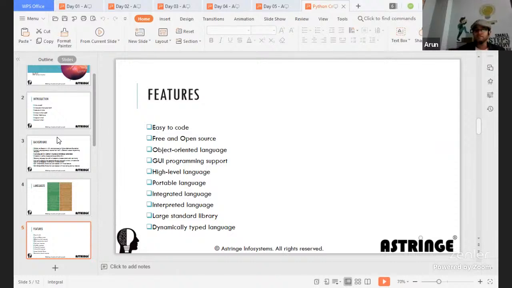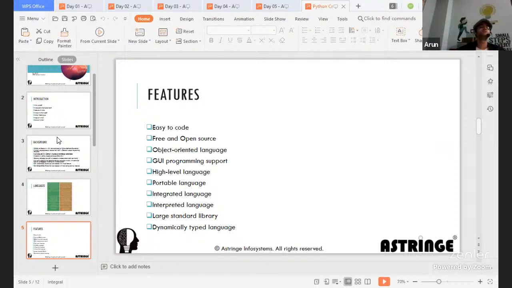A large standard library also exists in Python, meaning, that's what I was saying, you can actually import math functions or development frameworks or whatever you may need. All those standard libraries have been created not just by the Python foundation itself, but also by the Python developer community, who could be like you, me, or anyone else. So we can actually create our own libraries and give them for the benefit of the rest of the members. That is what is called a large standard library, particularly in the Python community.